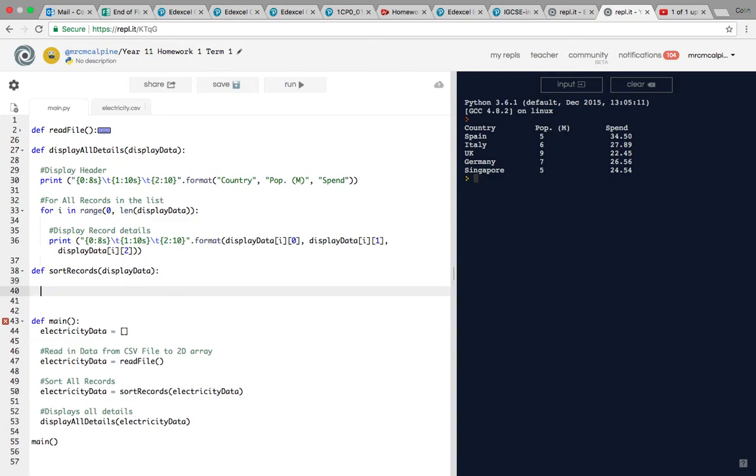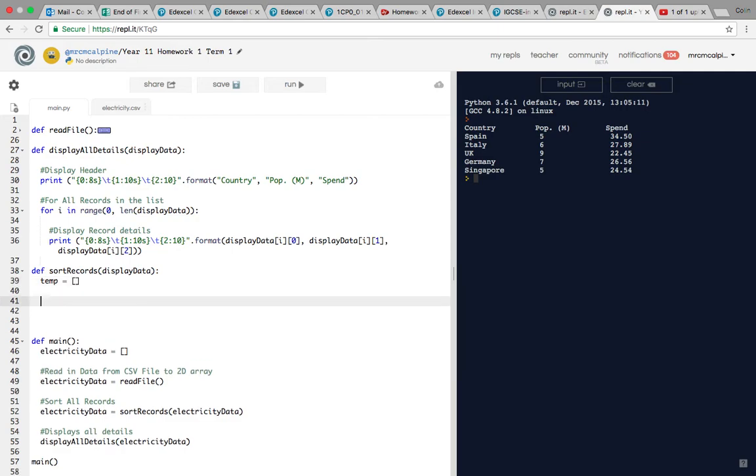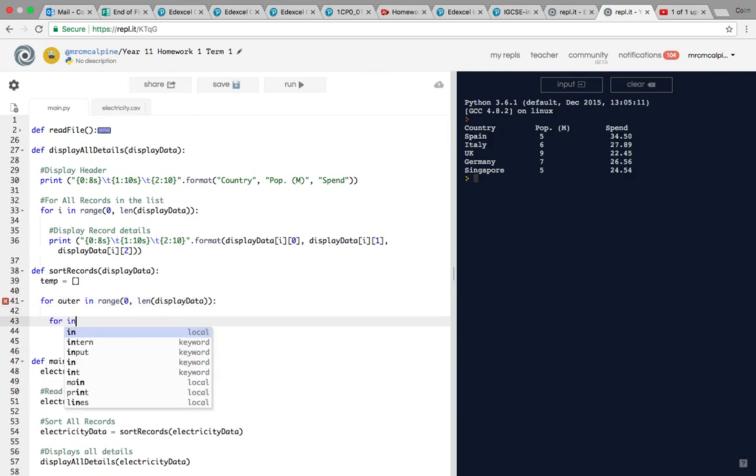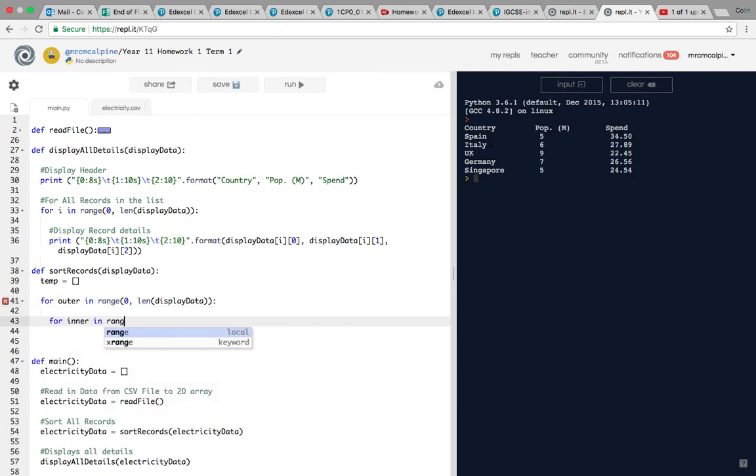So we're going to need a temp variable, which we'll just set equal to a blank array right now. And we want an outer and an inner loop. So for outer in range 0 to the length of display data this time, which is our local name. For inner in range 0 to the length